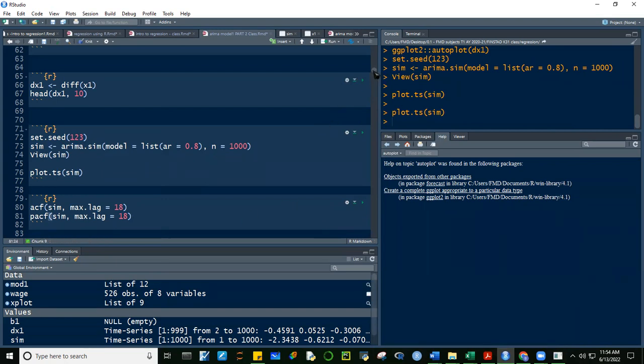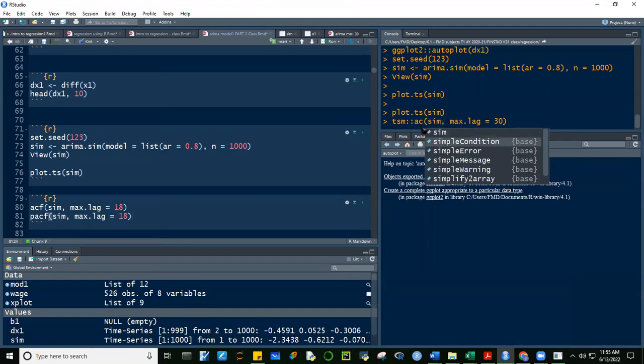And then let's just use separate yung ACF at saka PACF. Okay, we can use, para mas madali, guys. Let's just use this. Let's just get the autocorrelation of the sim.